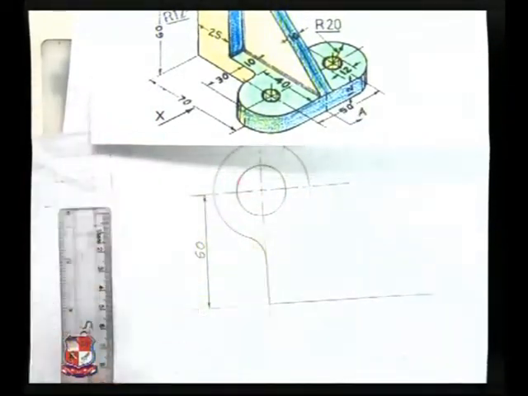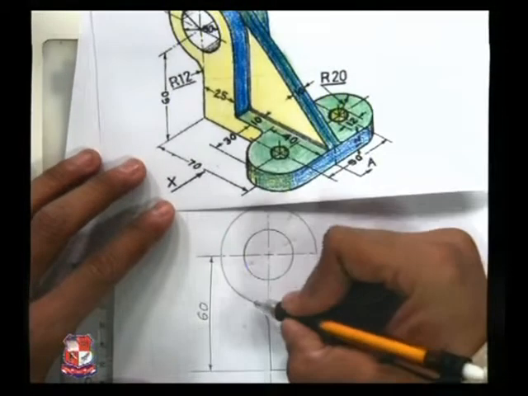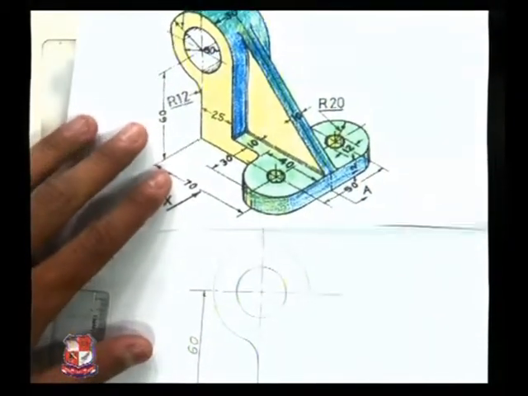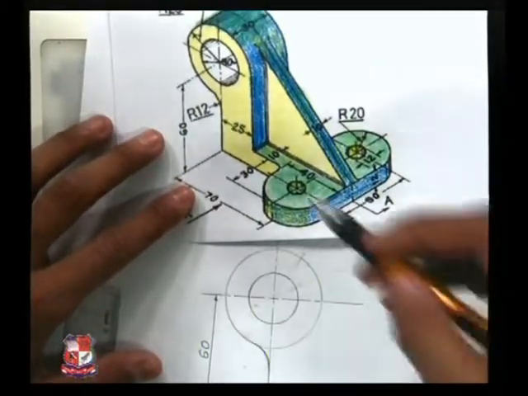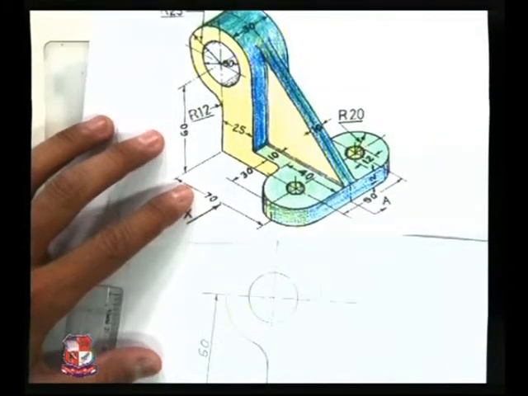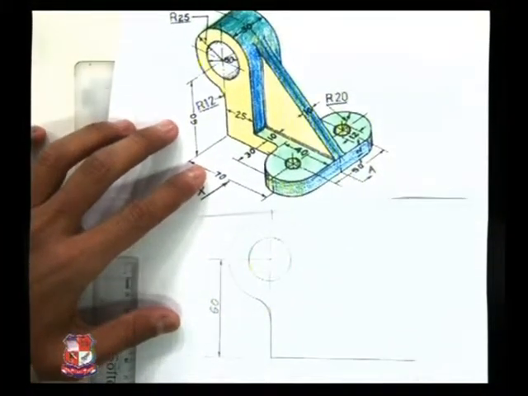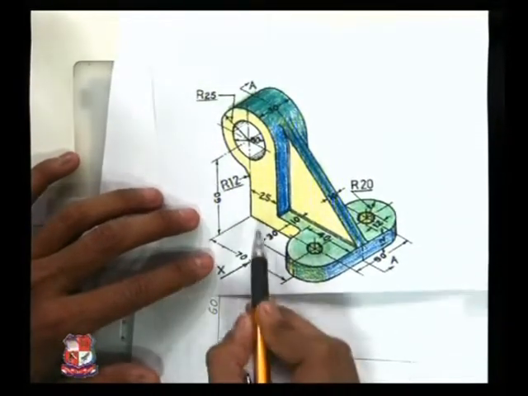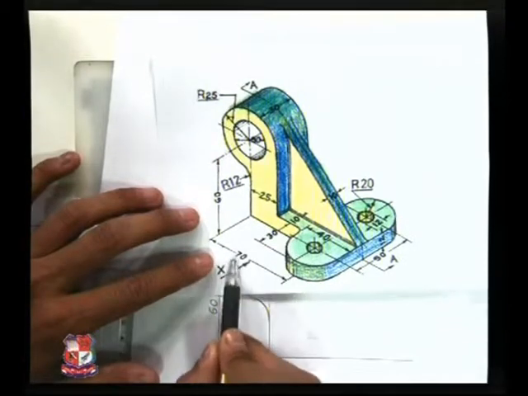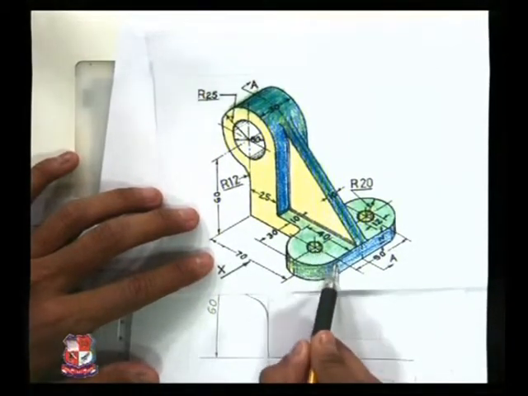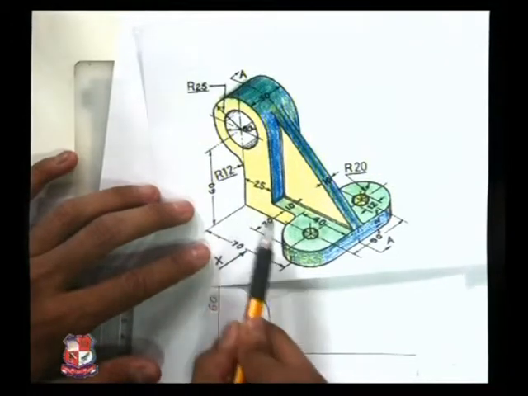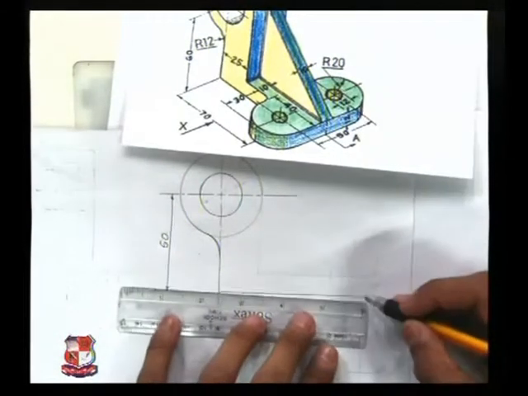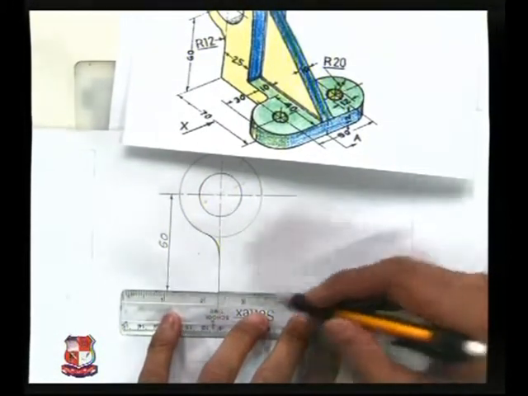The vertical line as well as this circular cylinder or this circle, like this. So we have drawn this edge. Now next, after putting this point here, from here this is the horizontal line up to a distance of 70 millimeter plus this radius. You can see here 70 is from this edge to this center, plus 20, so 90 millimeter would be there. So from this point draw a horizontal line like this.